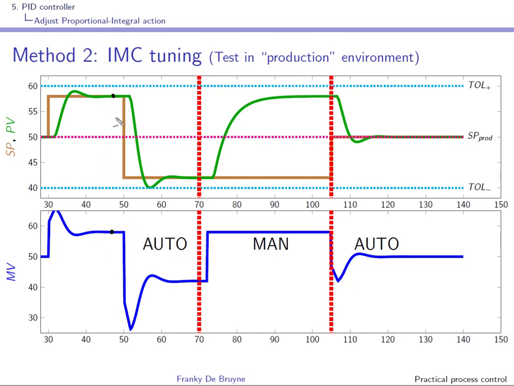Once you have settled and you have this value of MV that corresponds to this PV below the tolerance, you do a set point change to just above the minimum tolerance, and again you have this safety margin over here, and you wait until everything has settled down. So when everything has settled down, what you can do now is do an open loop